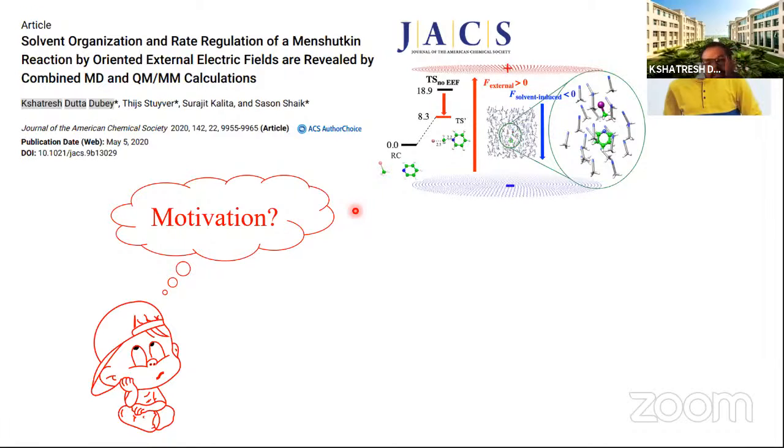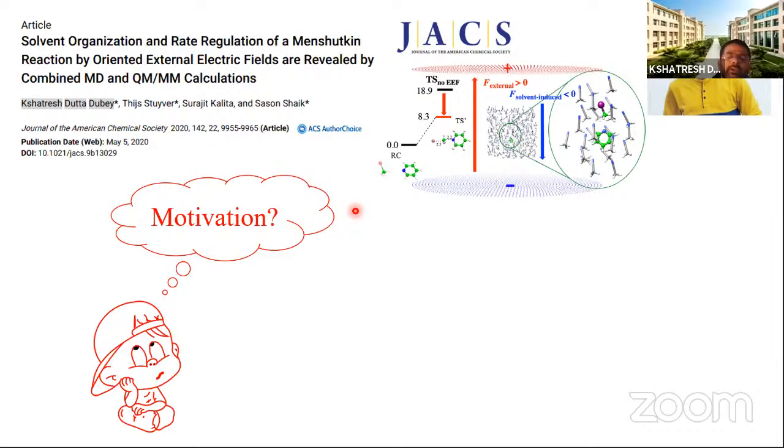In the previous slide, in whatever experiments they have done, we can see that we are applying one electric field on one molecule, and then we are getting some type of catalysis. That might be a proof of principle, but we cannot use this technique for industrial scope. The reason is that we are applying one gold plate for one molecule. It means this electric field cannot be scalable, and we cannot parallelize it at the industrial level. So that was a big challenge for Sason: how to use this oriented electric field at the industrial level.